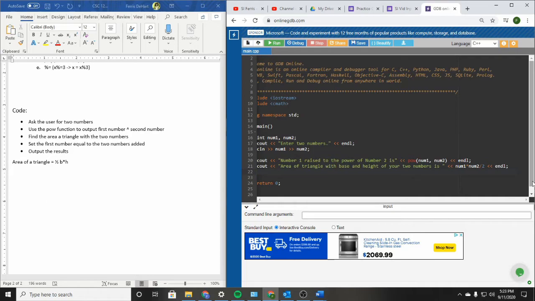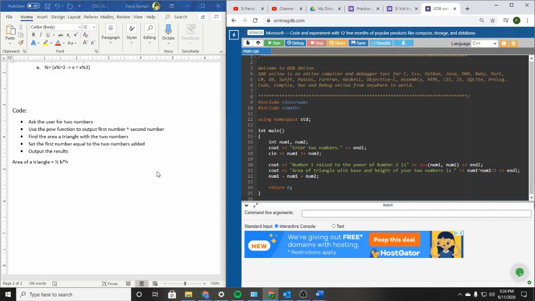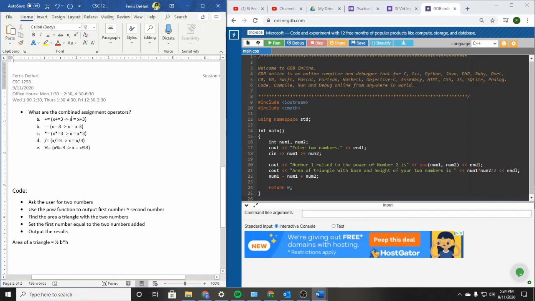Alright, so that should return the area. Let's see what the next thing is. The next thing says set the first number equal to the 2 numbers added, and then output the results. So we'll do num1 is, so there's 2 ways we could do this, right? We could do num1 is equal to num1 plus num2, but hey, doesn't that look really familiar to something I was doing earlier? Yeah, right? Look, it's right here. So we can shorten this up by doing num1 plus equals num2. And then we can do